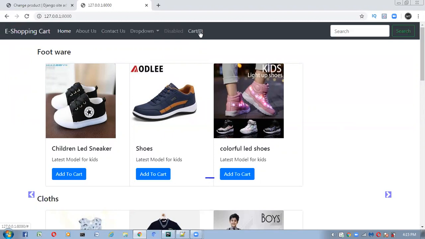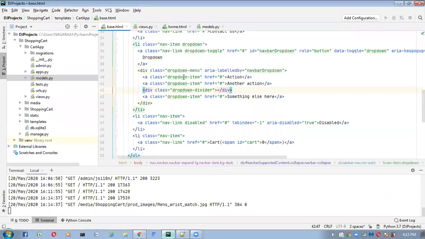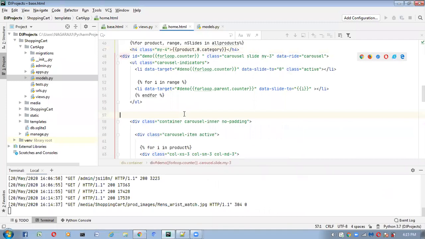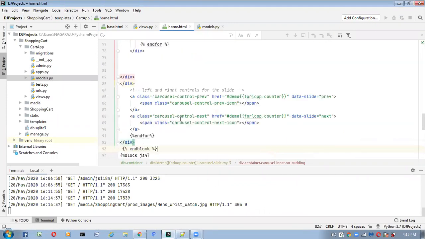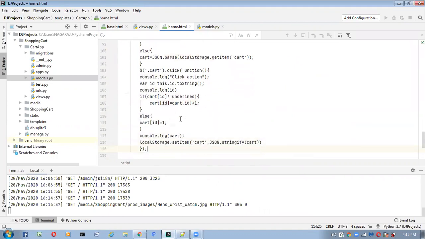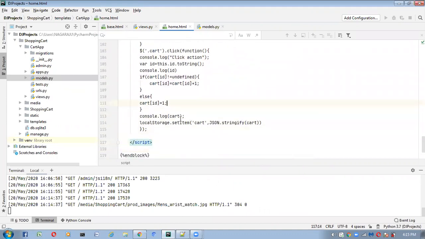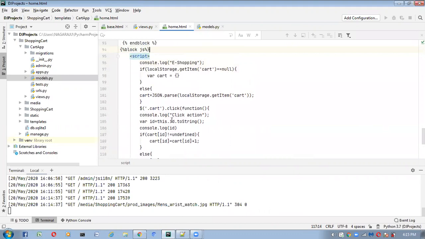We have to write it inside the home.html file. Go to the home.html file. In the last video, we wrote some JavaScript functionality here. Now observe carefully. If there are no items inside the cart, then we have to create the cart.